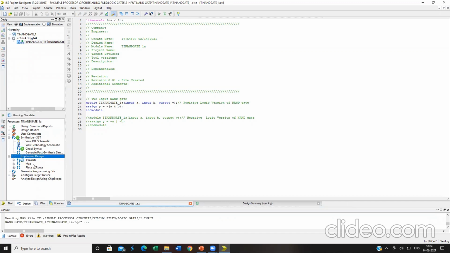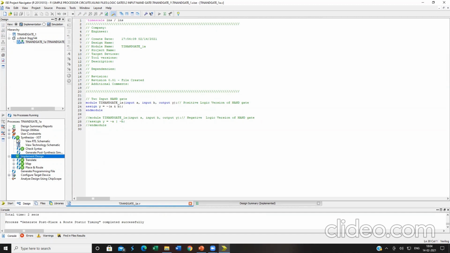These three operations must take place: translate, map, place and route. These three things are very important as far as your field programmable gate array is concerned. It is a specific device which acts like the hardware circuit that you have mentioned in the program. So that is called a reconfigurable circuit.